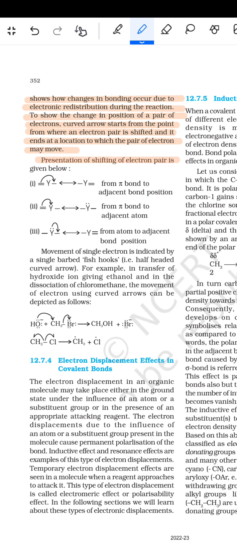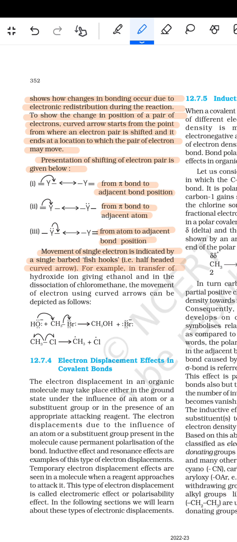Presentation of the shifting of the electron pair is given below. So from pi bond to the adjacent bond position, or from pi bond to the adjacent atom, and from the atom to the adjacent bond position. The movement of a single electron is indicated by a single barbed fish hook, that means a half-headed curved arrow,